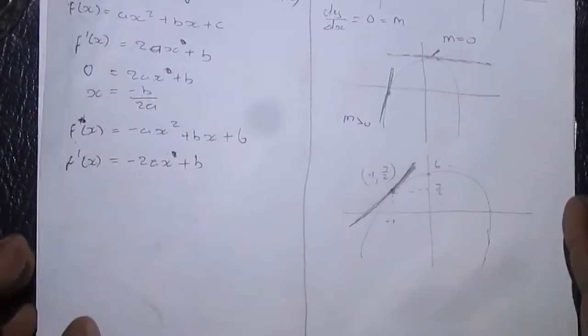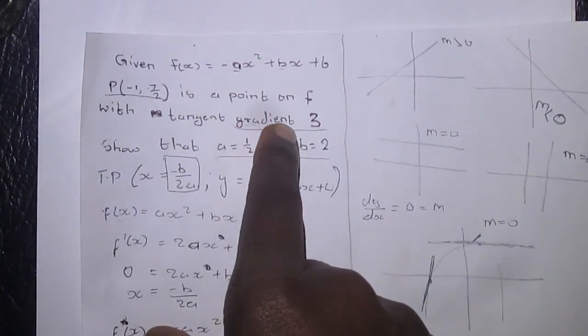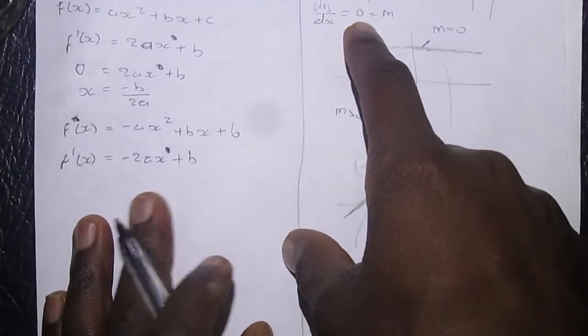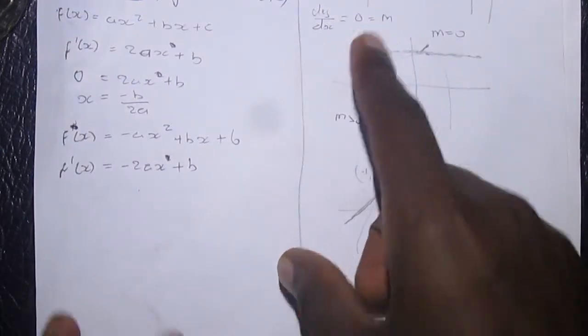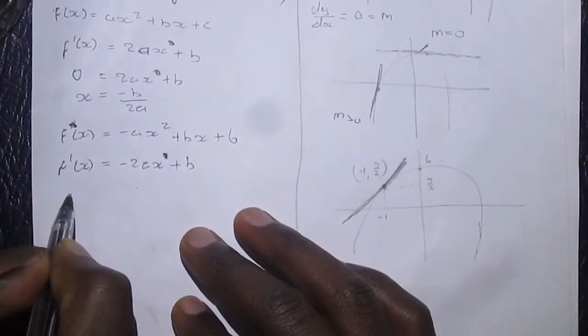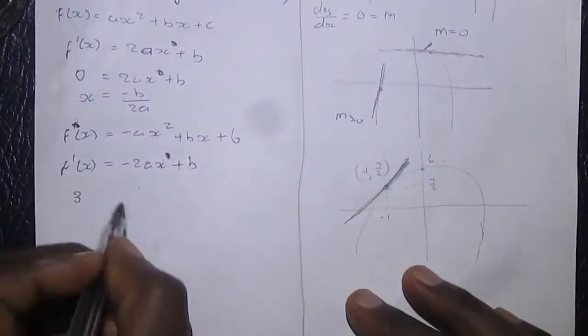Now I have a point of a tangent right here. Gradient is equals to 3. Okay, and I said that the gradient is the same as the derivative, as the first derivative. Now if I were to say, okay, fine, the gradient is equals to 3 when